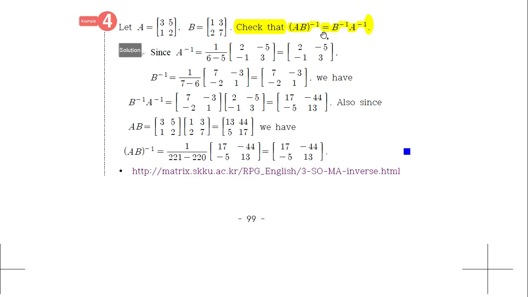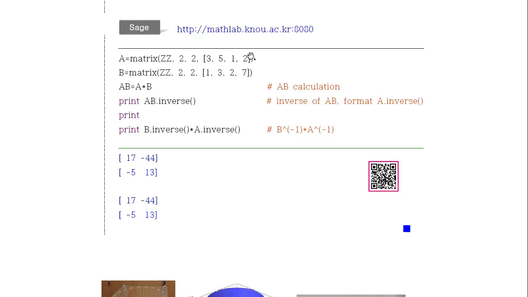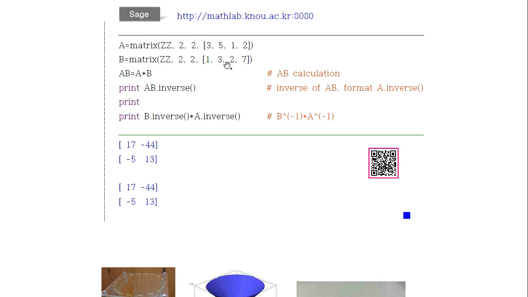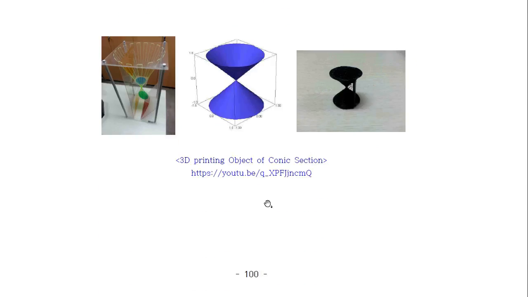So you can easily check the above. Yeah. You can also check with code. You define two matrices, find AB, and find the inverse of matrix AB, and also find the product of the inverse of B times the inverse of A. Then, as you see, these two are the same. If you randomly generate two matrices of the same size like this, then you will see the same answer for every matrix, because you already proved the theorem.